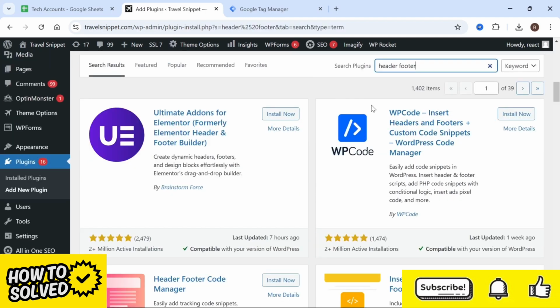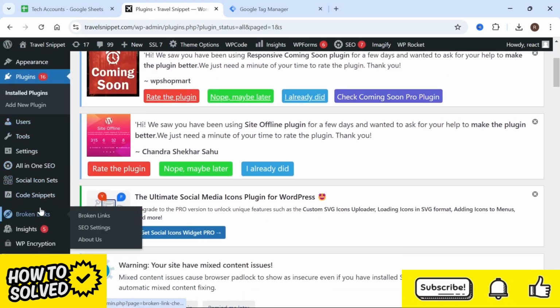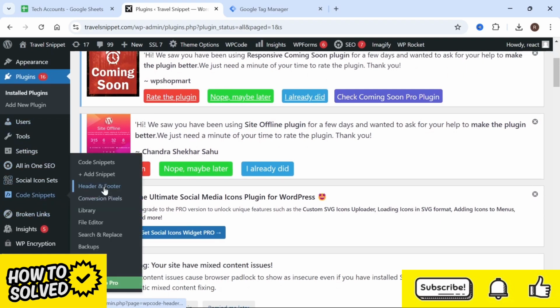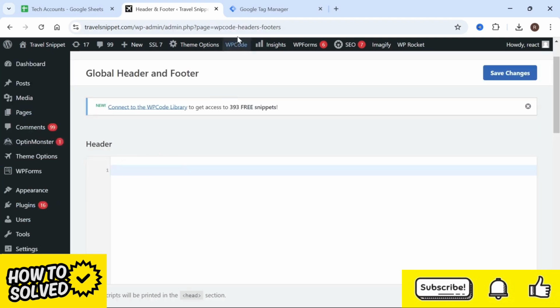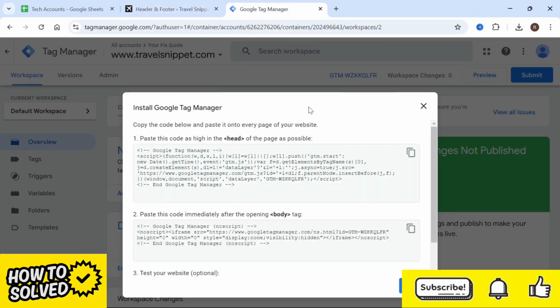Now the plugin you need to install is this WP Code insert headers and footers. So I'm just going to click on install now. Then go ahead and press activate, and then from the left hand side we can come down to code snippets and select header and footer. So now that we're on this page, head back over to the Google Tag Manager, and we're going to start